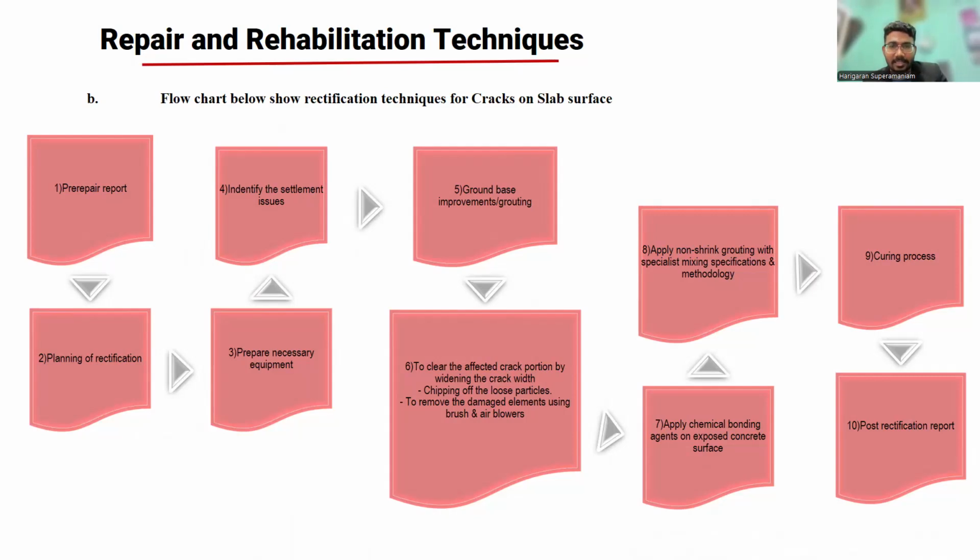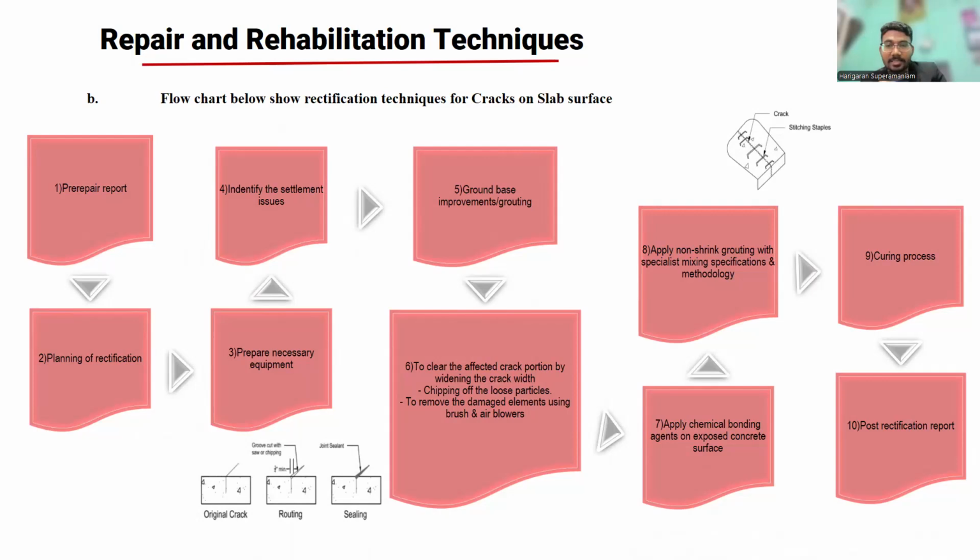So there are a few ways for the cracks. Okay, we can say this is how we are going to treat the original cracks. You can see the bottom picture: original cracks, routing, sealing. Then another way is stitching. Like the stitching method, we use the U-bar and follow along the crack line. We implant all the rebars, then seal with the grouting, and the surface needs to be finished to the existing concrete